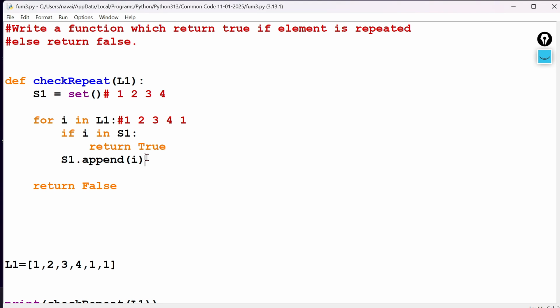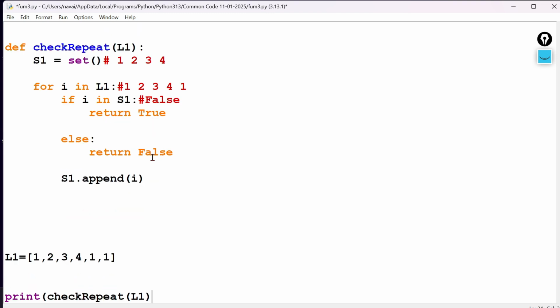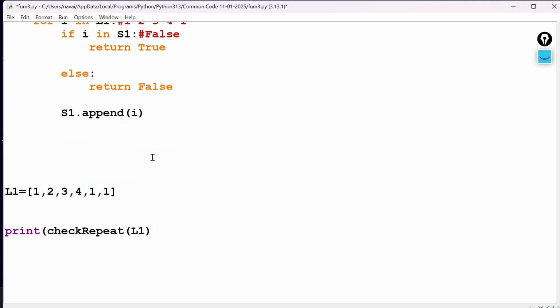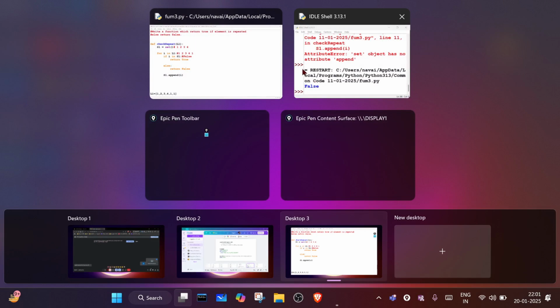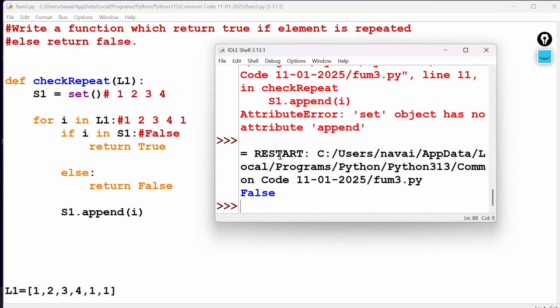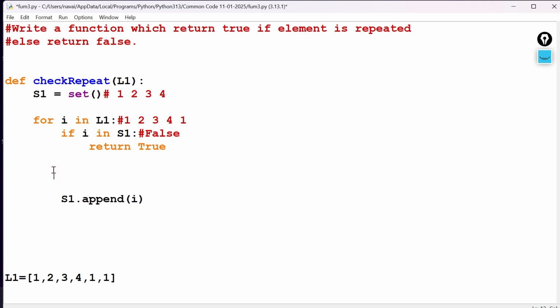Previously it was working, now it is appending. But if I remove this else part,